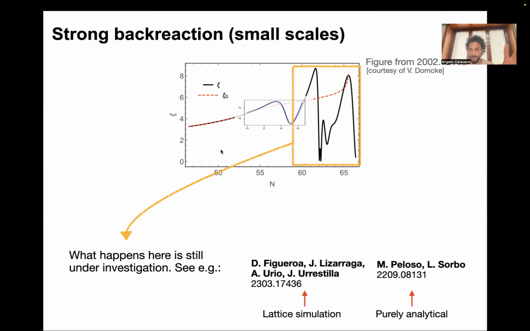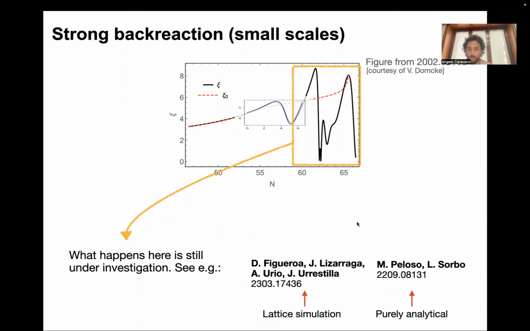What happens at the very end of inflation, where the dynamics is very nonlinear, is still an open debate. And you can, for example, check this recent Lattice work that studies the end of inflation using similar Lattice techniques, or you can check this paper by Peloso and Sorbo that looked at this non-trivial backreaction